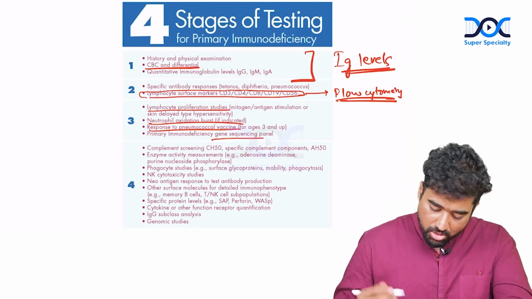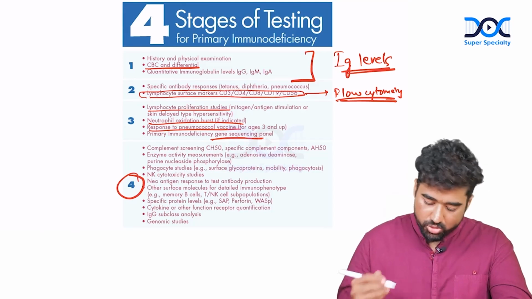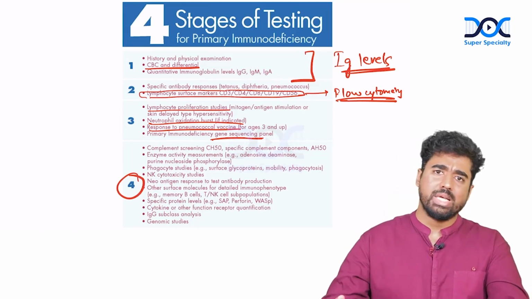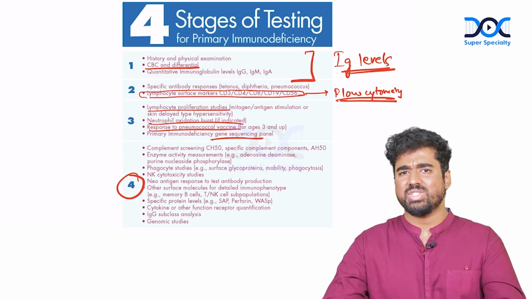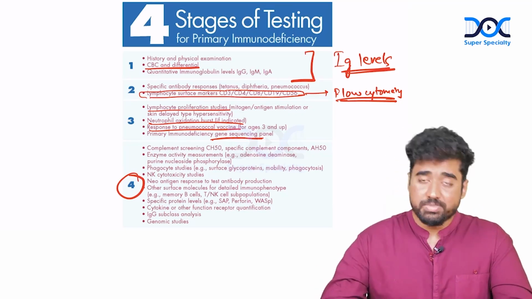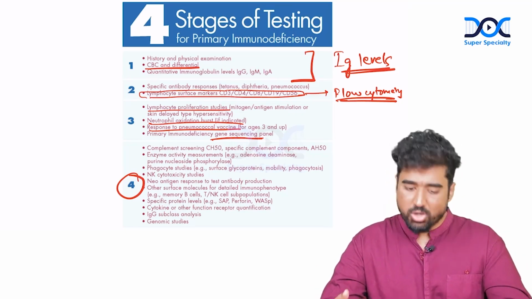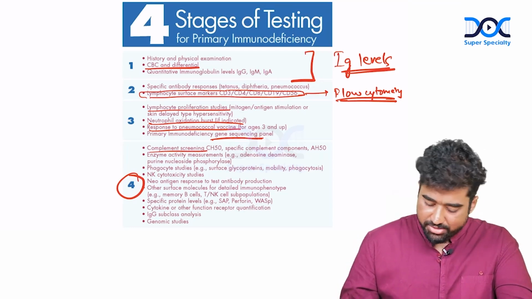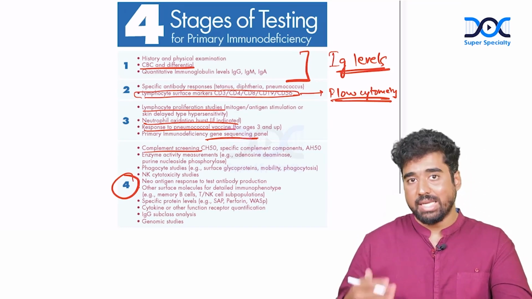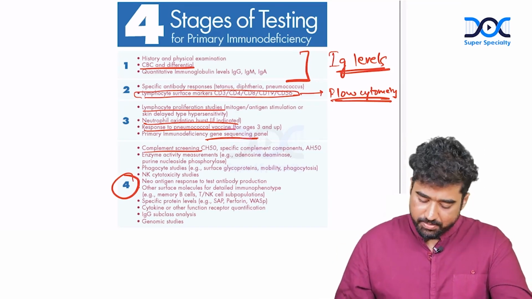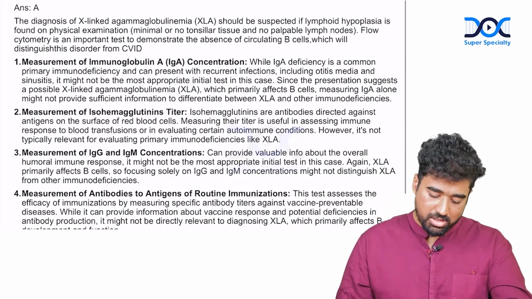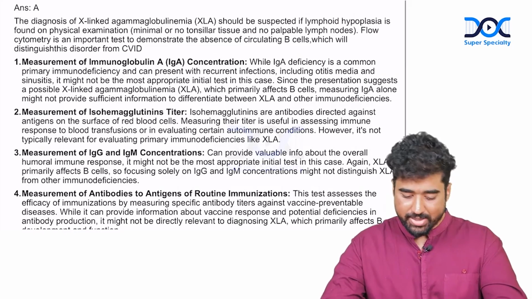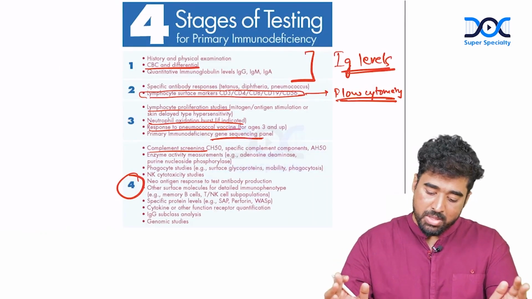Then gene sequencing obviously exists. Then you have the stage 4 testing, which includes whole exome sequencing and all of these tests where you test for phagocytosis, and slightly less common immunodeficiencies, like complement assays, which are done to look for complement deficiencies, and various NK cytotoxicity studies, etc. So this is why the answer here was best to be flow cytometry, because that actually is a proper test